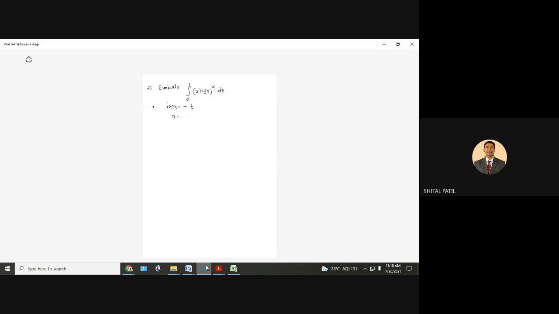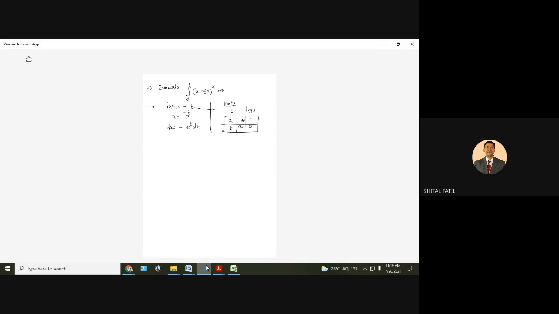Therefore x will be equal to, taking antilog on both sides, e raised to minus t, so dx equals minus of e raised to minus t dt. Now we want to check the limits. From here, t is equal to minus of log x. Limits of x are known to us, 0 and 1. Substitute x equal to 0: log of 0 is minus infinity, and the minus sign is already there, so plus infinity. Log of 1 is 0. And then dx is known.